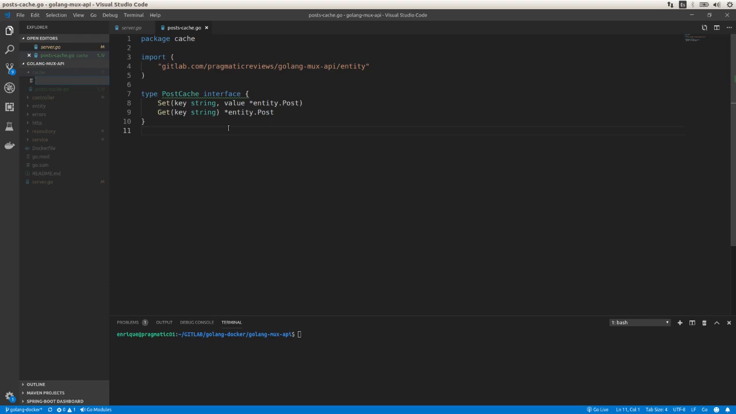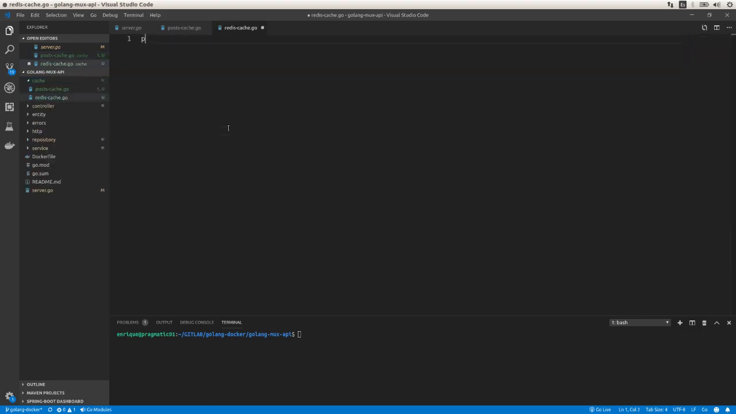Okay, and now I'm going to create the concrete implementation of this interface by using Redis. So this is going to be redis cache.go, and the package is going to be the same, cache, and I'm going to create a structure, type RedisCache struct,